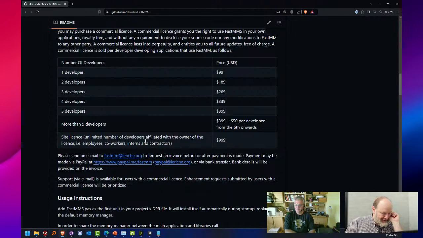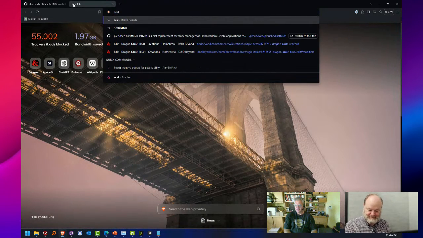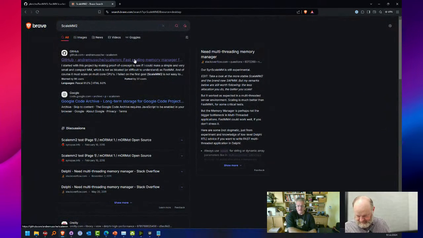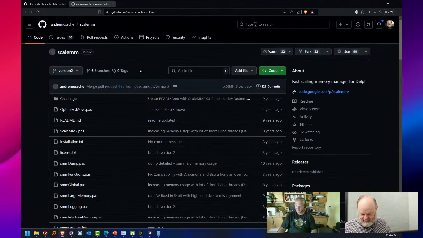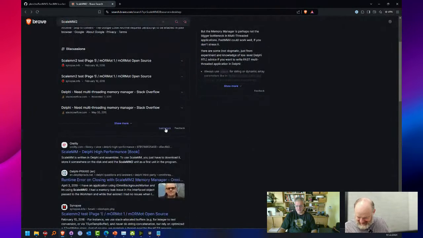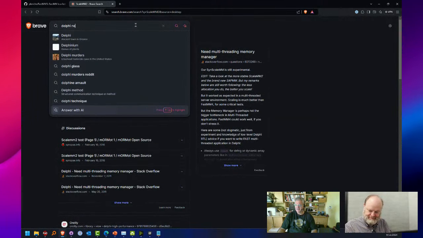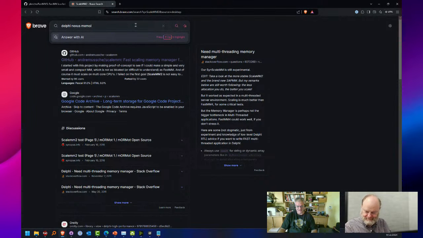Have there been any other memory manager schemes used for Delphi that don't extend from the FastMM family? Yes, ScaleMM, for example. And ScaleMM too. But I don't know if there's any that's actively supported at the moment. ScaleMM is definitely old at this time. Do not recommend. I think NexusDB had their own memory manager for some time and so on. There are some, yes, but nothing comes close to FastMM. Yeah, that's what I was going to say.